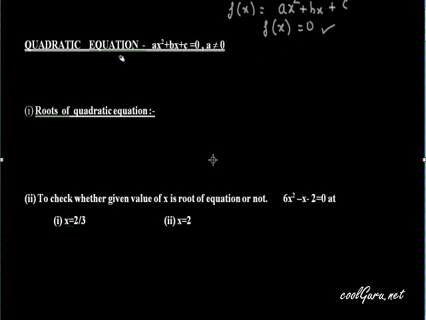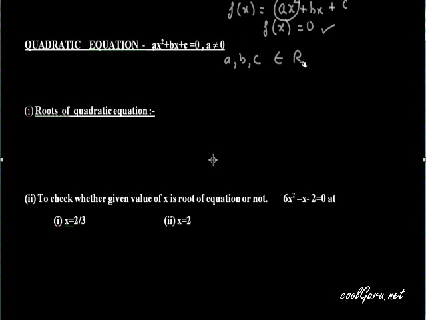So what is a quadratic equation? Its general form is ax² + bx + c = 0. That is a quadratic polynomial equated to 0, where a should not be equal to 0. Why? If a is 0, this first term becomes 0, so it will no longer be a quadratic polynomial. It will be a linear polynomial. So the condition is that a should not be equal to 0, and a, b, c, these coefficients, they all